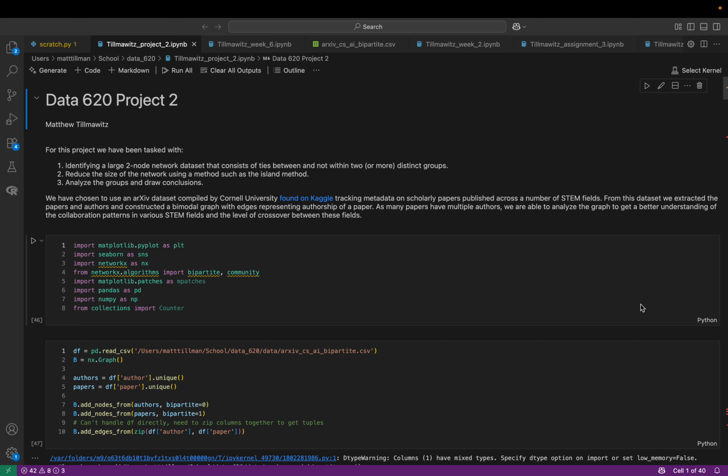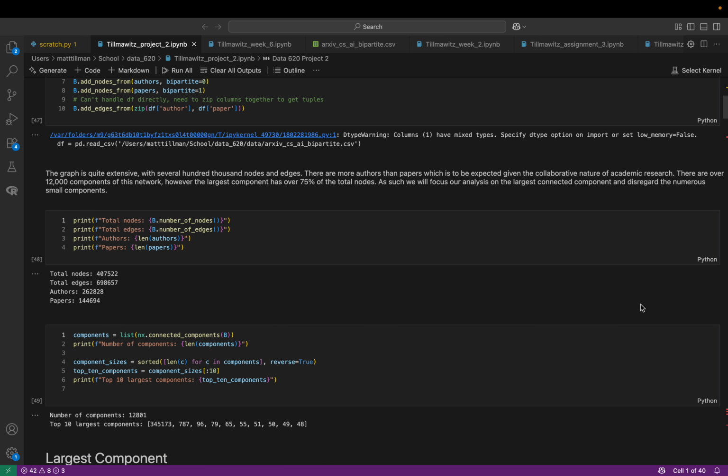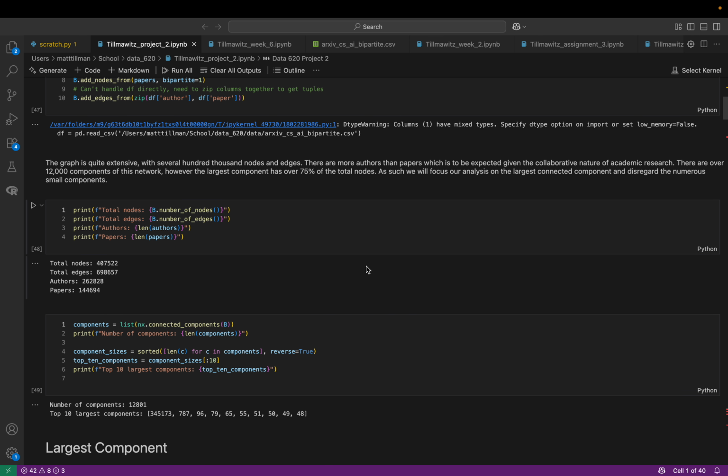I extracted the papers and their authors and constructed a bimodal graph with edges representing authorship of a paper. Since most papers have multiple authors, and authors typically collaborate with other experts in their field, we can analyze this graph to get a better understanding of the collaborative patterns present in the STEM field and the crossover between these fields. As we can see, the graph is quite extensive, with several 100,000 nodes and edges,